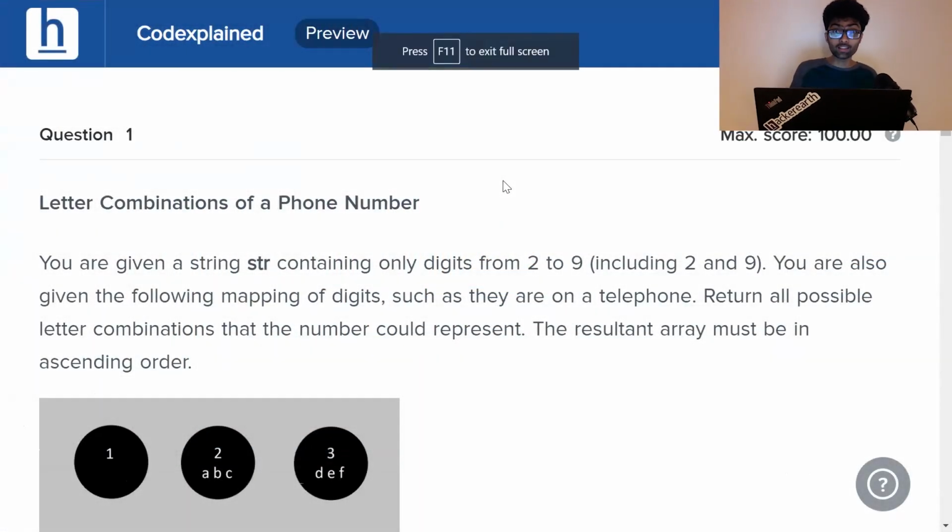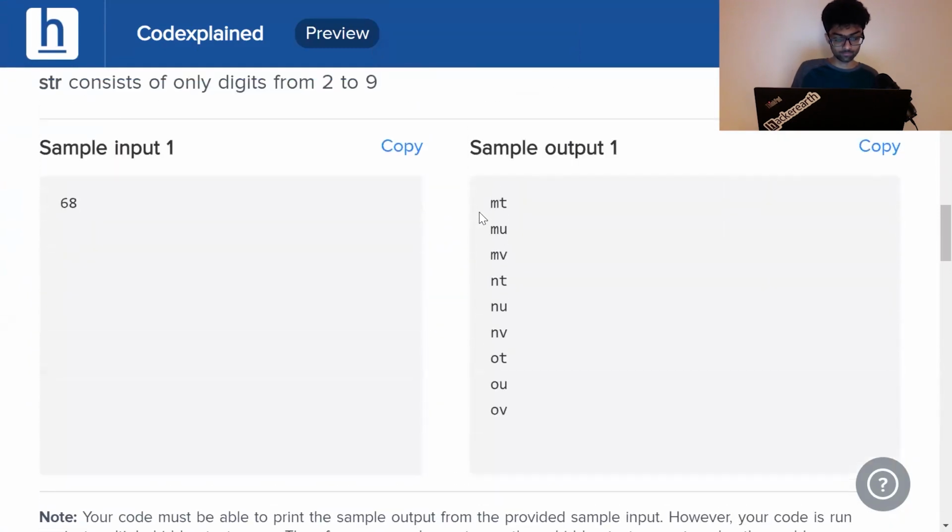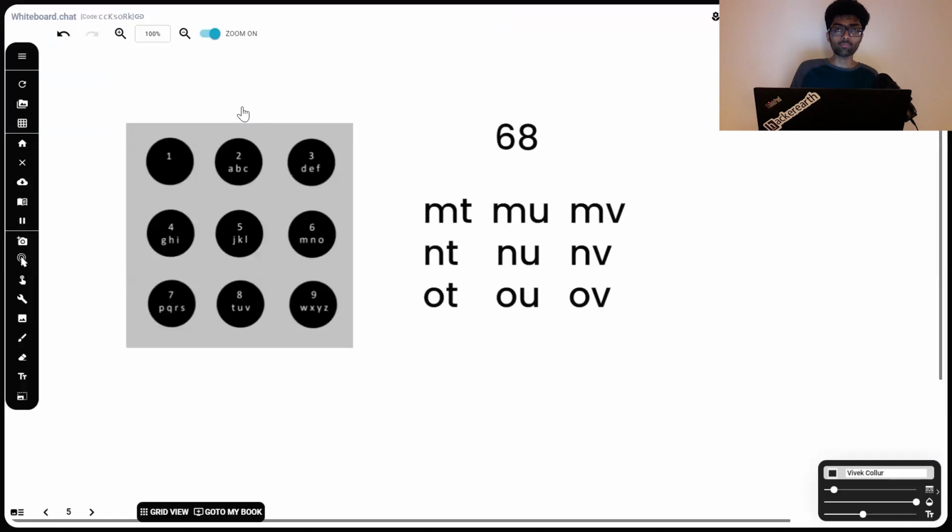Guys, I've already explained this problem in depth before. So I'm just going to explain it really quick right now. If you want, you can pause the screen and have a look. Essentially, we've got to map these numbers here to these alphabets. And we can see 1 and 0 have no mapping. So we are given a string from 2 to 9, and we've got to list all the possible strings they can denote. For instance, if we were given only 5 as our input string, our output would be JKL. 5 can represent either J, K, or L.